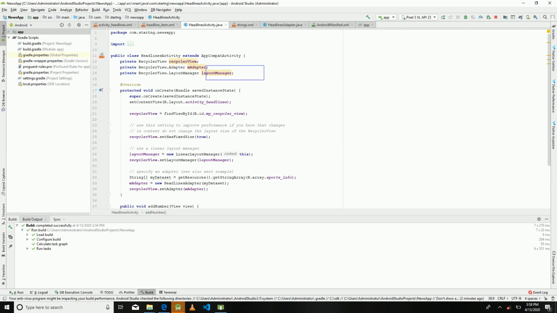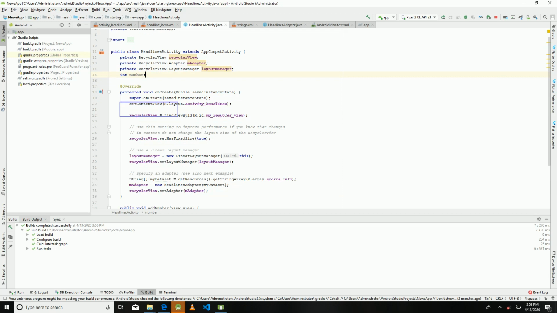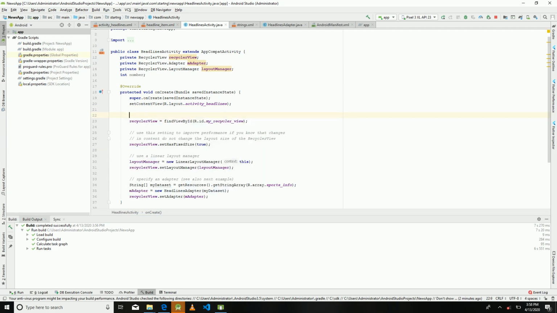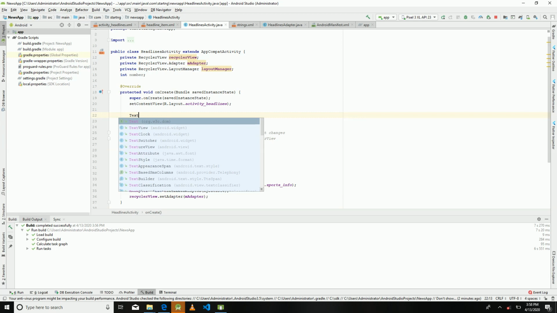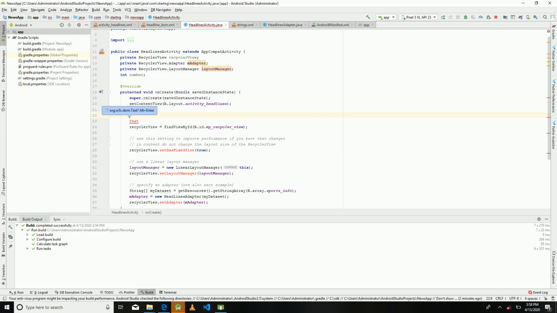So let's declare a variable of type integer here, call it number, and then set the first value here so that once the activity is created, as the onCreate method is called, our initial value for our variable number is assigned to that text view. First thing we'll do is to assign the value of say 0,